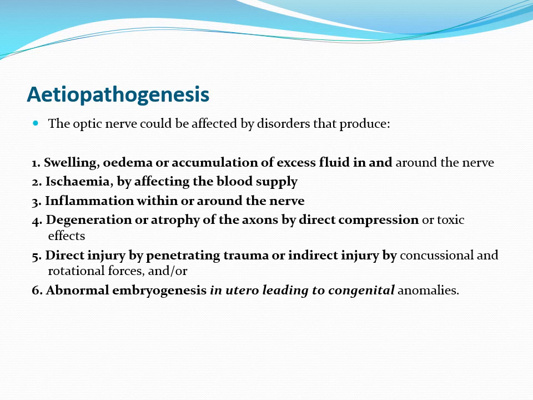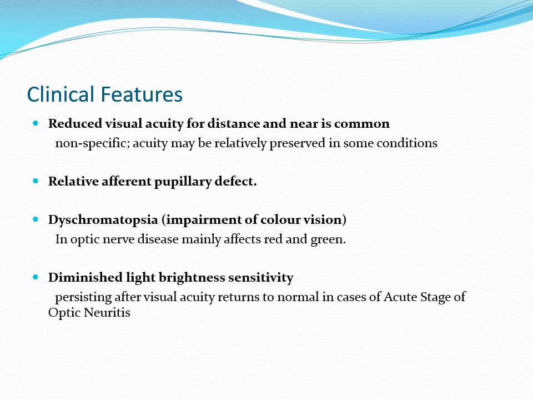So these 6 points you have to remember, which will tell you the pathological conditions of the optic disc. Out of that, what we are going to cover in the undergraduate syllabus is papilledema, papillitis or optic neuritis, and optic atrophy in subsequent lectures. So, what different clinical features do patients present with who are having optic nerve diseases?